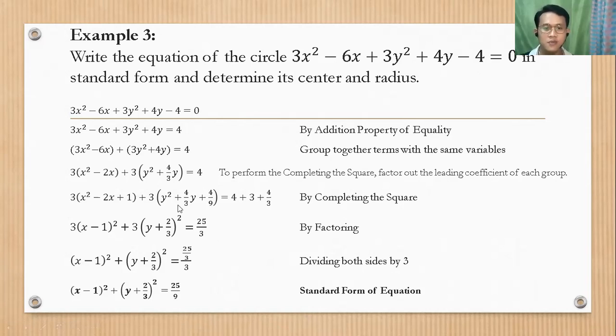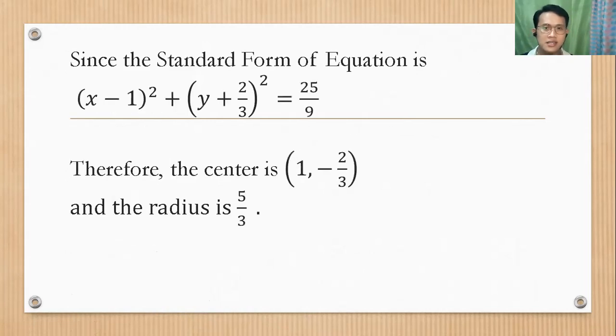Now we have the standard form of our equation. Therefore, the standard form of the equation of this circle is the quantity x minus 1 squared plus the quantity y plus 2 over 3 squared, which is equal to 25 over 9. And we need to find our center and radius. Okay, we can already find it from our standard equation. Since we have h and k here,